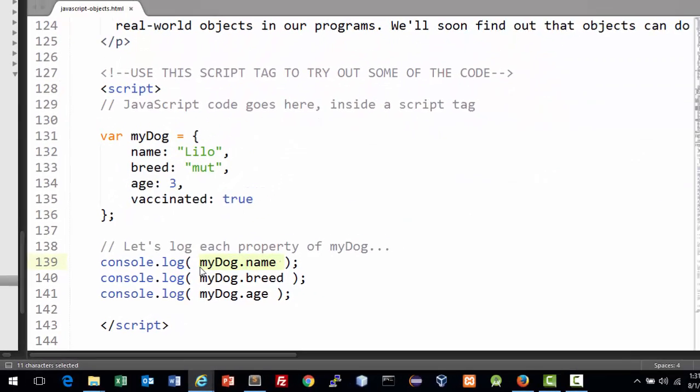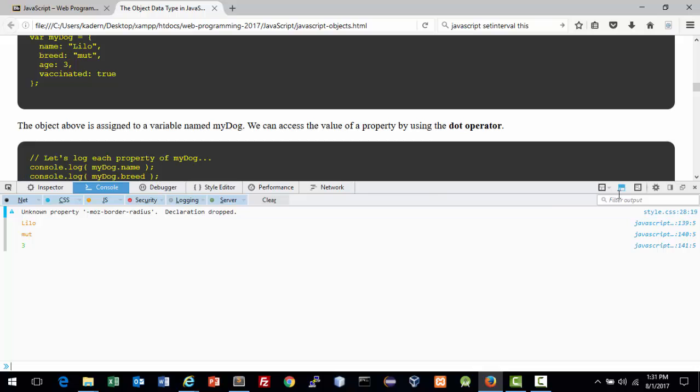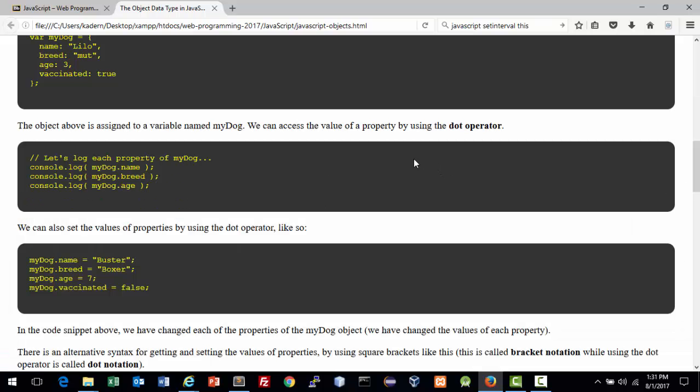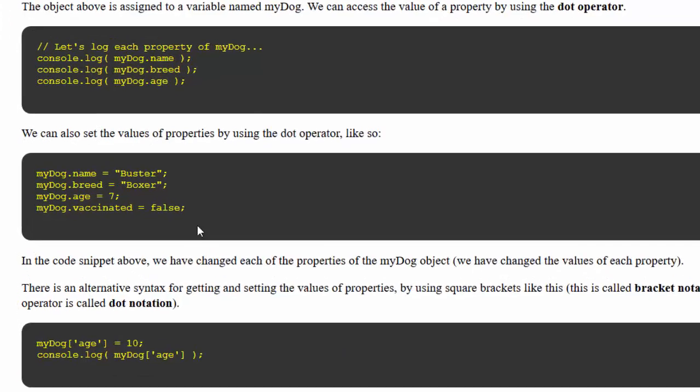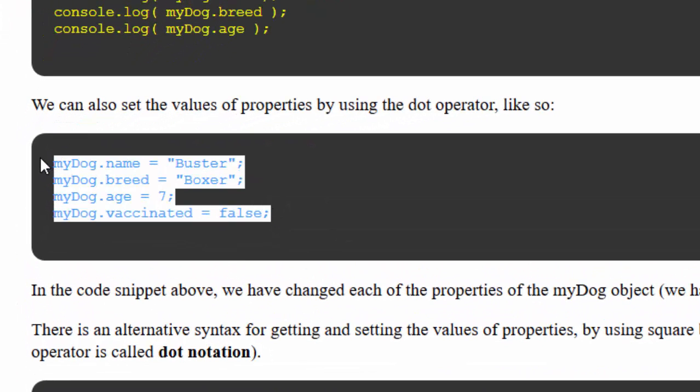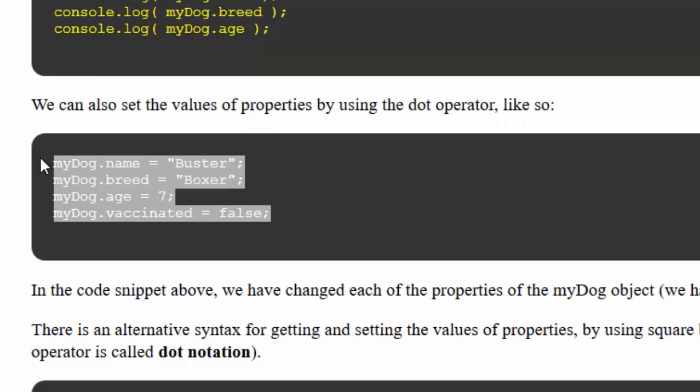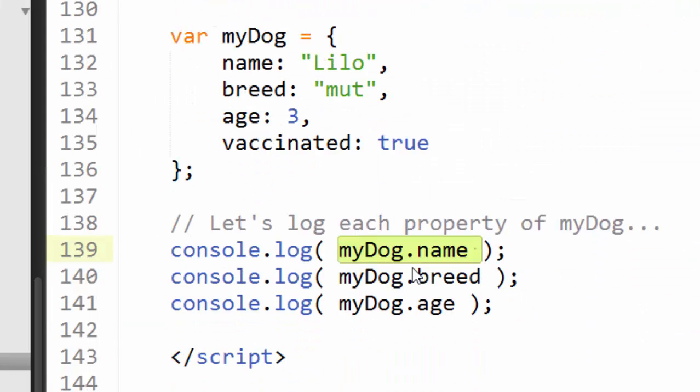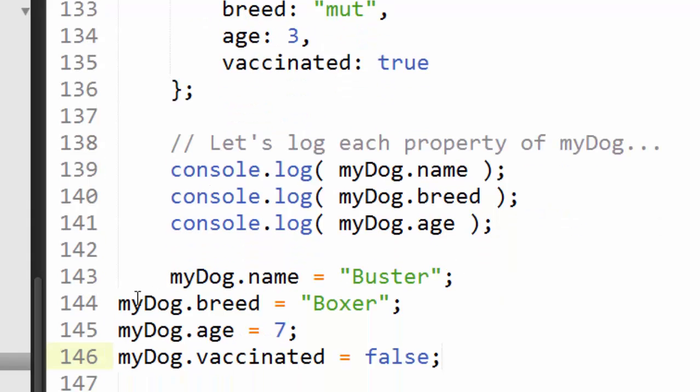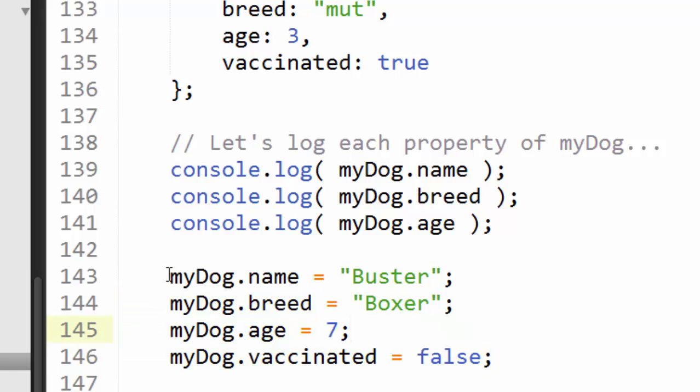I'm going to go back over to the web page, and I'm going to close the developer tools for now. We'll see that more later, and I'm going to go down to the next block of code here and copy that, and then I'm just going to paste it right underneath the previous code here, and then do some formatting. So in these 4 lines of code, I'm changing each one of the properties. So my dog originally started out with the name of Lilo, but this line of code is changing the name